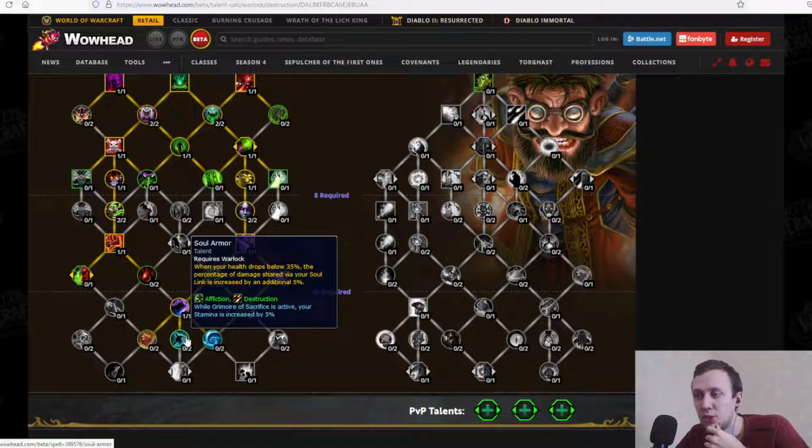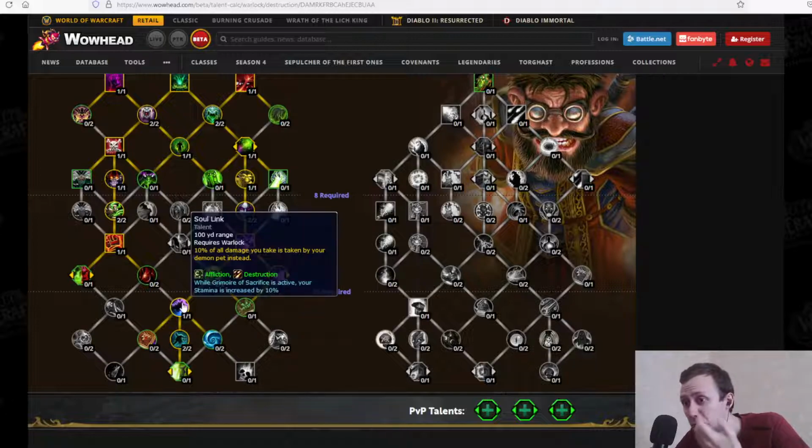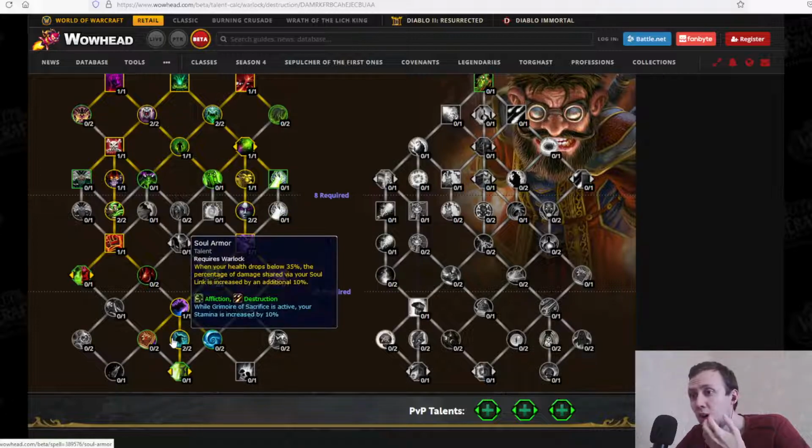Soul Armor. When your health drops below 35%, the percentage of damage shared via your Soul Link is increased by an additional 5 and 10%, so minus 20% damage taken on like...